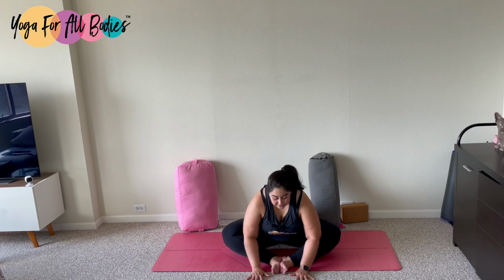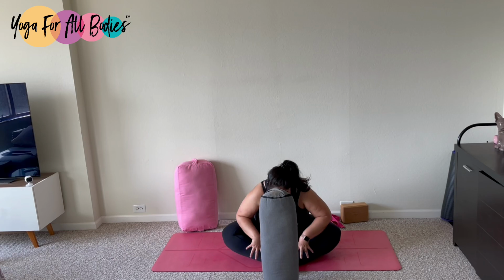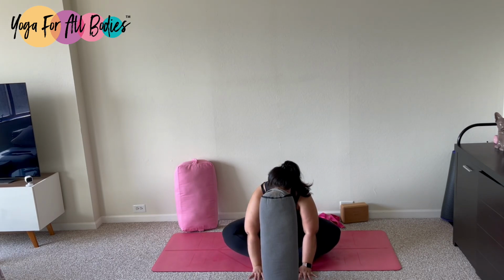You can rest the hands on your mat, or you can use a bolster or your blocks to support your forehead. Don't lose the engagement of the legs yet, pressing the heels into each other. And once your body and your mind feel welcome in the pose, you invite relaxation in,